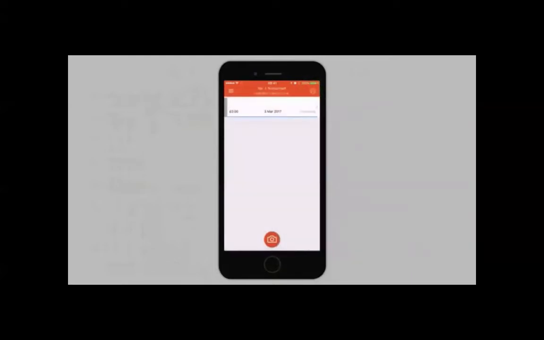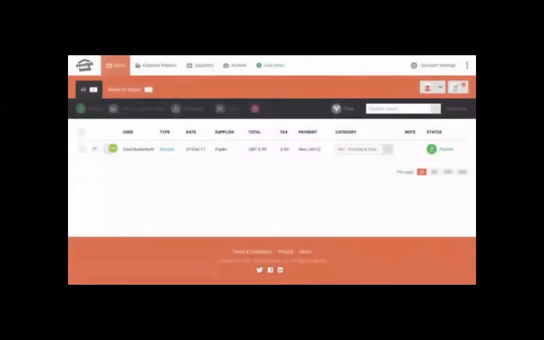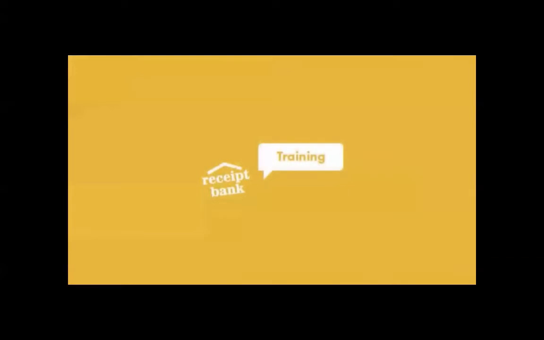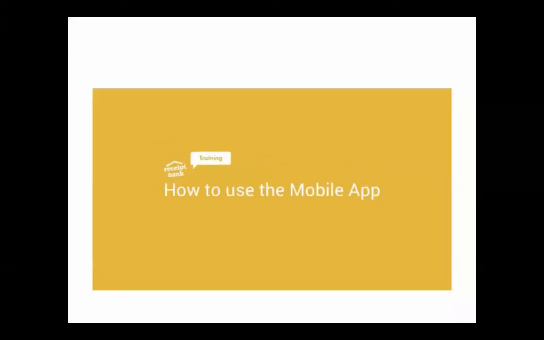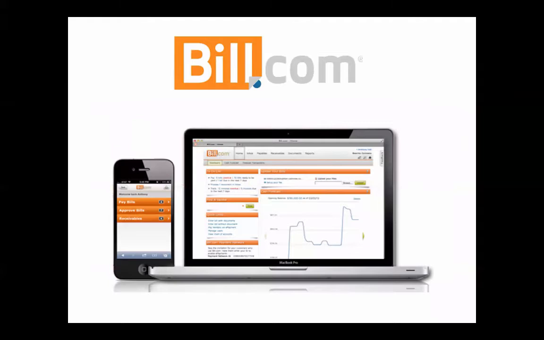Now, if we get a paper copy here in the office, we use a scanner and scan that up to Receipt Bank. We have the option of either using the smartphone app, scanning, or forwarding an electronic invoice that we would have received, and it goes into Receipt Bank and then automatically over to QuickBooks. So we really like this. Like I said, this is definitely in my top 5.